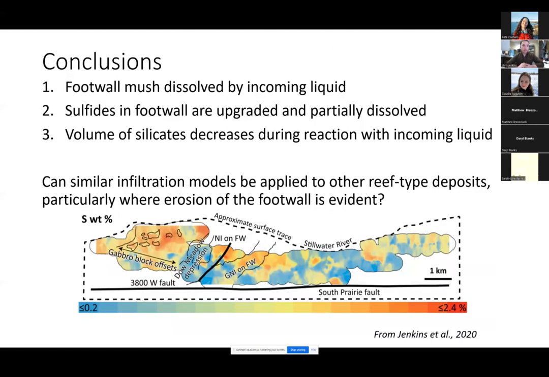So in conclusion, we're dissolving footwall mush by introducing an incoming melt. We are upgrading footwall sulfides, and to some extent, those sulfides are being dissolved. And the volume of silicates is decreasing because of this dissolution process. And so in the future, we'd like to see if this sort of infiltration model can be applied to other reef type deposits, particularly where erosion of the